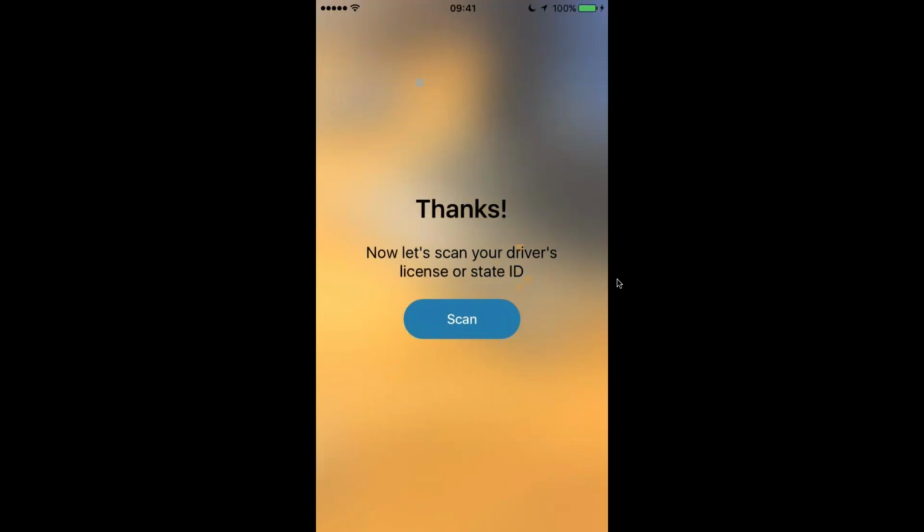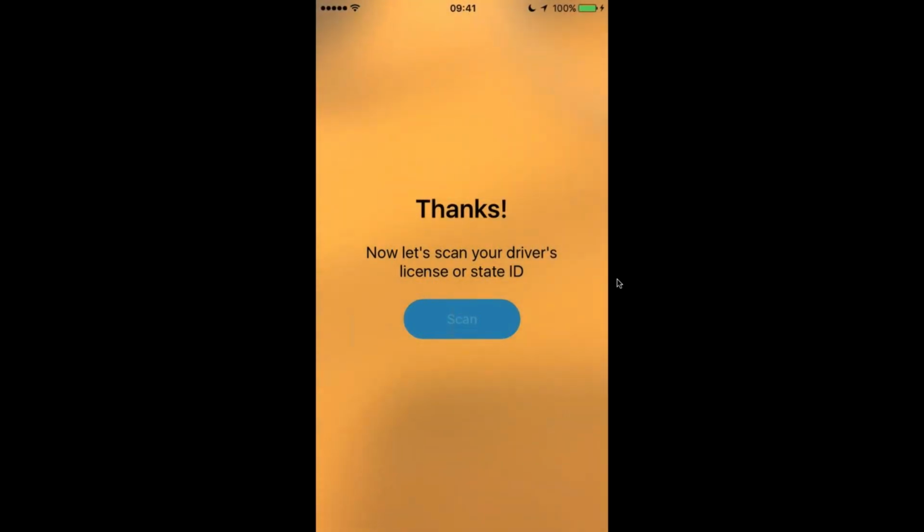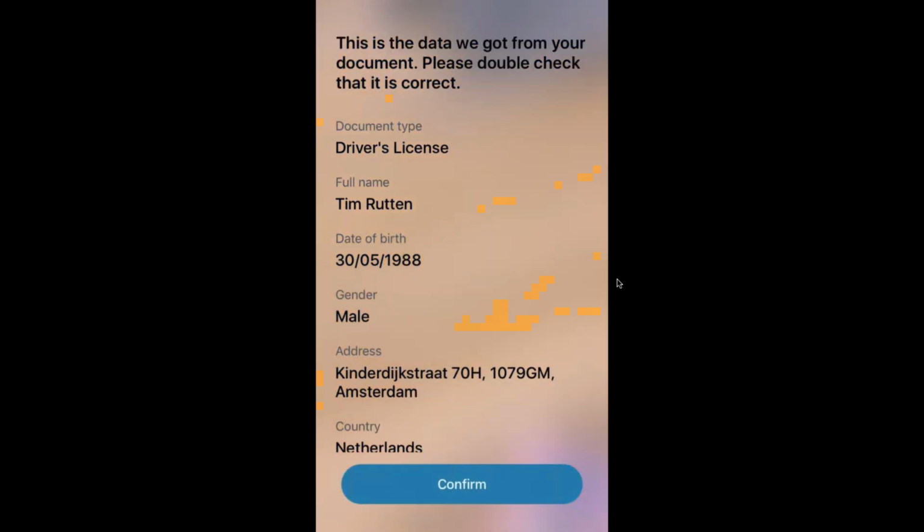On my mobile device, I now get asked to scan my driver's license or a state ID. In reality, in this pretty fast-moving world with fintechs and so forth, there are many providers out there that allow us to do object recognition, for instance, do facial scanning, and so forth. In this case, we chose a very simple example, scanning my driver's license. So here on the table, I have my driver's license. I need to align it properly. There we are.